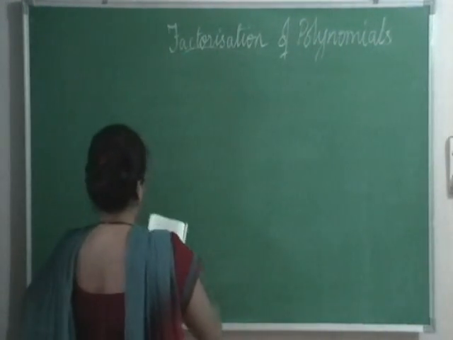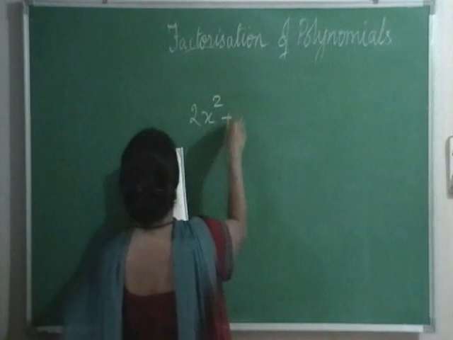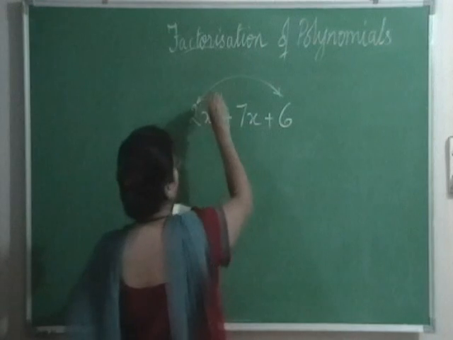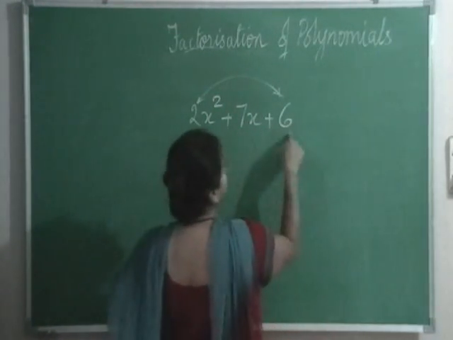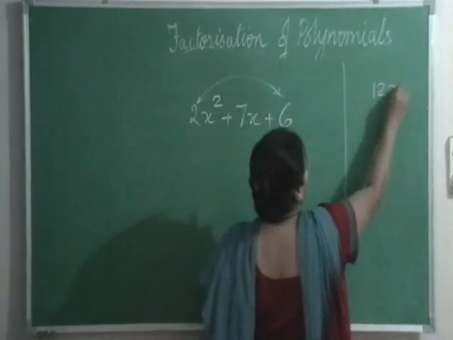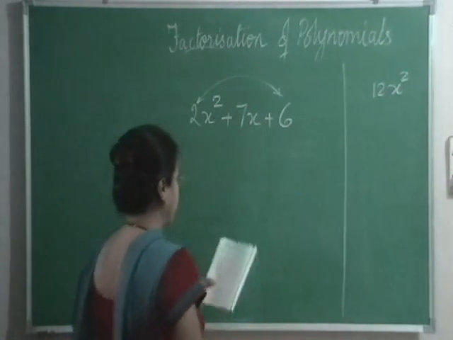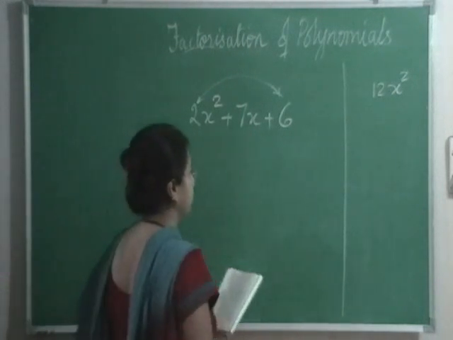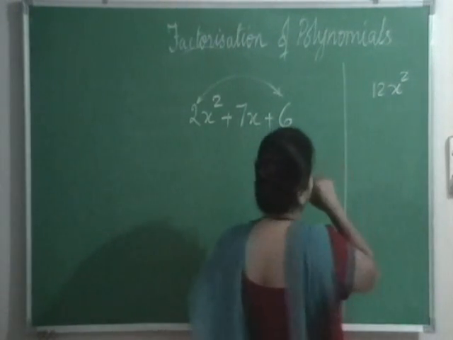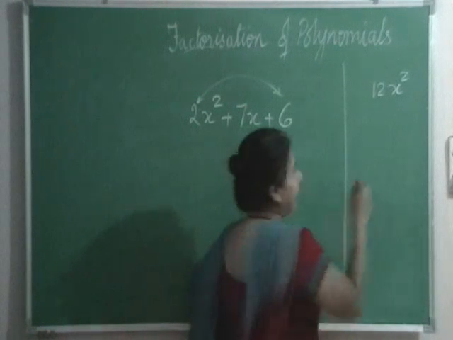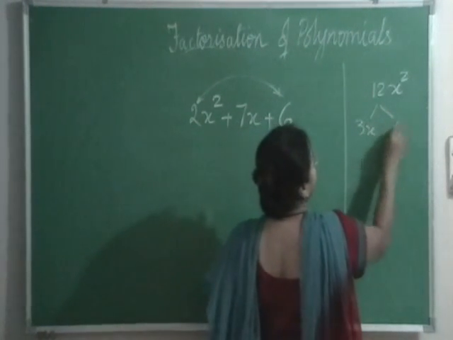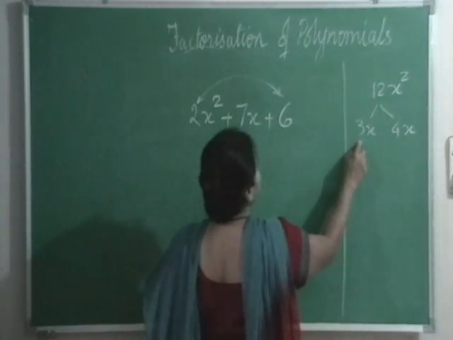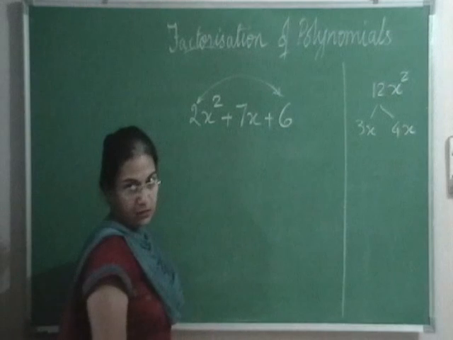Third example, 2x square plus 7x plus 6. Again, multiply the first term and the last term. 2 6s are 12x square. Now tell me the factors of 12 which will exactly give you the sum as 7x. Any idea? 3 4s are 12. 3x into 4x, 3 4s are 12, x into x is x square. And 3x plus 4x gives you 7x. So this is the right